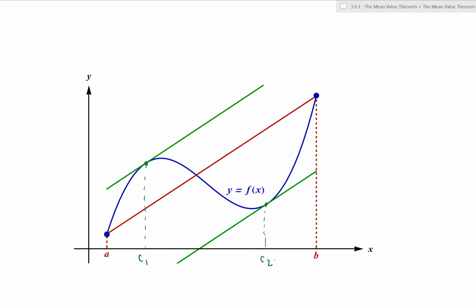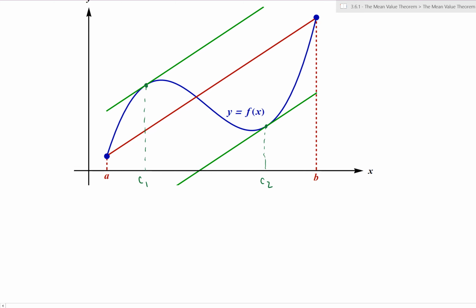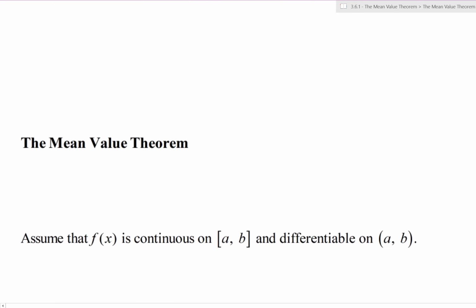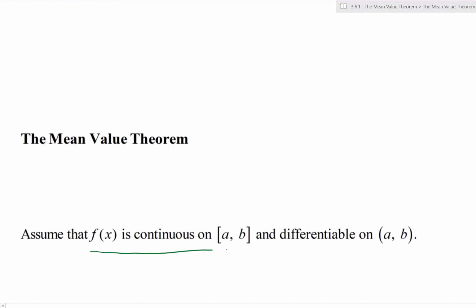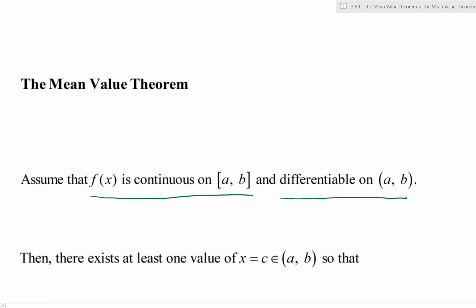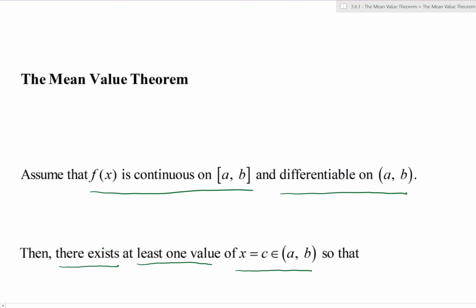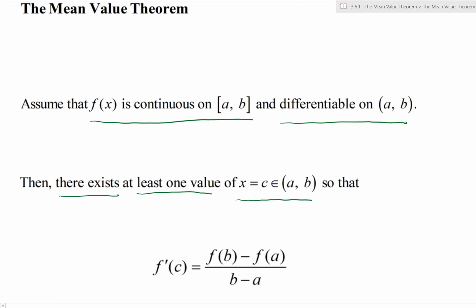Does it always happen? Well, we happen to have a nice continuous function in this situation and also differentiable. So perhaps these conditions are necessary. And in fact, the mean value theorem tells us, assuming that the function is indeed continuous on the closed interval a to b, but also differentiable on the open interval a to b, then there has to exist at least one value, maybe more, of x, say equal to c, within the interior of the interval a to b, so that the derivative at that location is equal to the average rate of change of the function